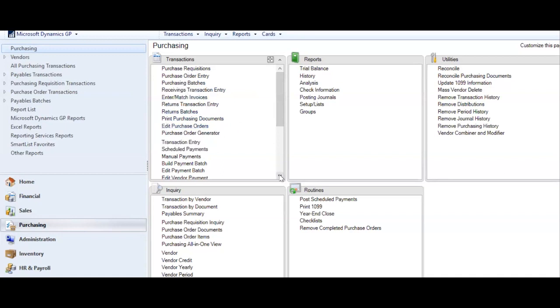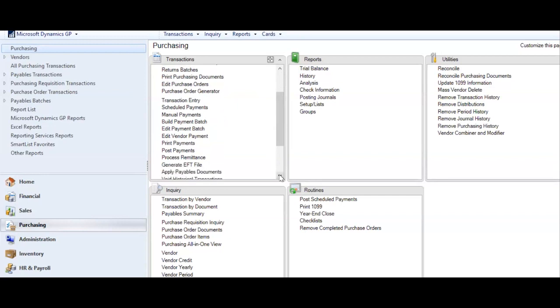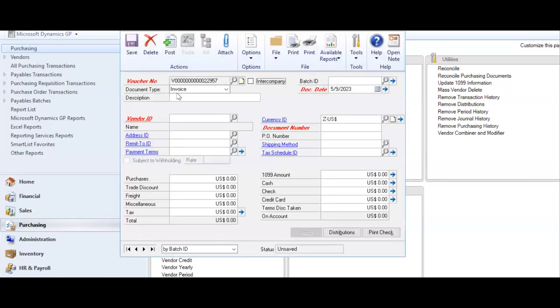What we are actually going to be demonstrating today is payables management. So we're going to go right into the transaction entry screen. This is where you're actually going to process an invoice for your payables. So you get an invoice from your vendor and say, for example,